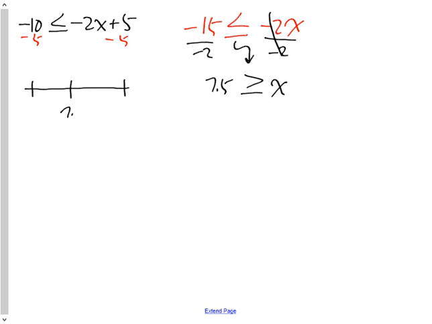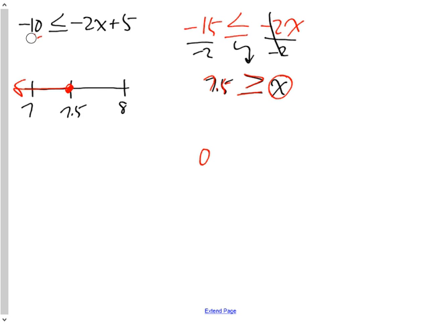So 7.5 will go here. This time we'll go 8 and 7 here. And all values less than or equal to 7.5, closed boundary point, and your number line will go this way. So any number that goes on that infinite set of values will make this true. So if I took any value, for example, the number 0 will fit on that red number line that goes to infinity. If I substituted